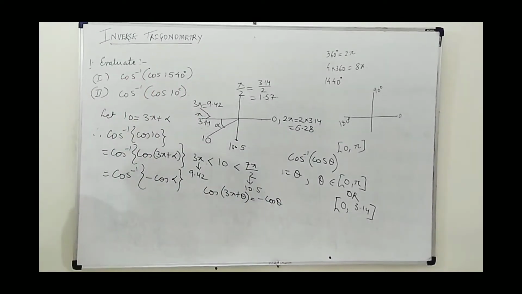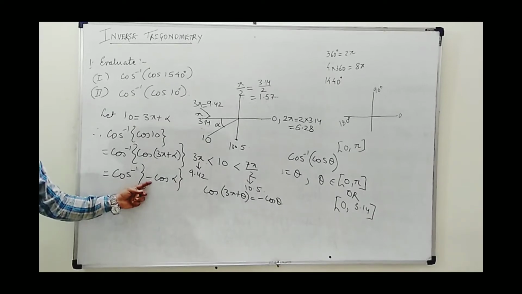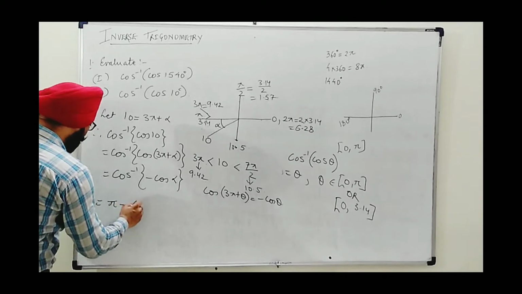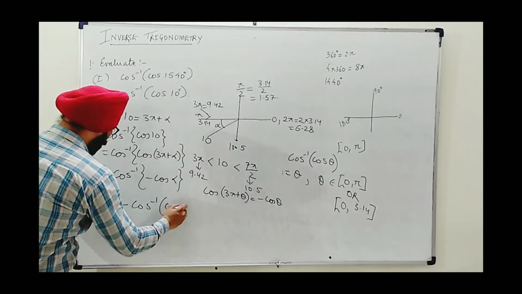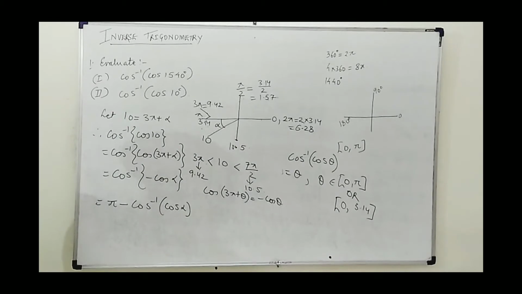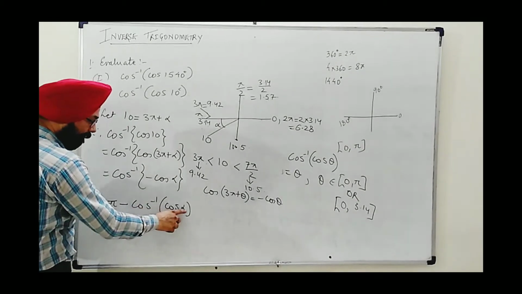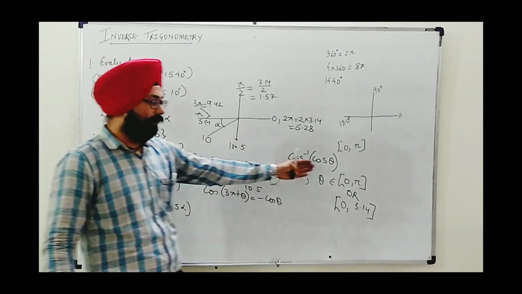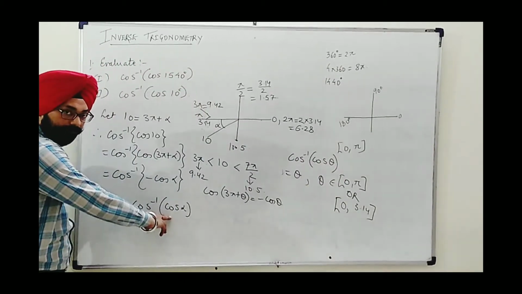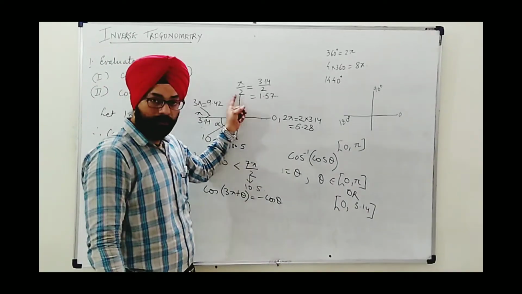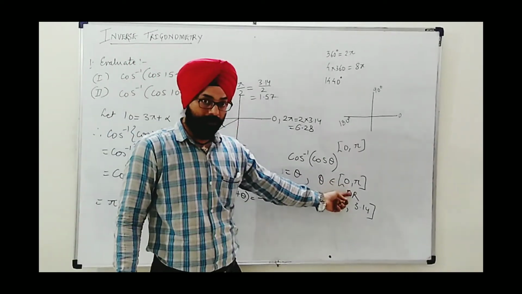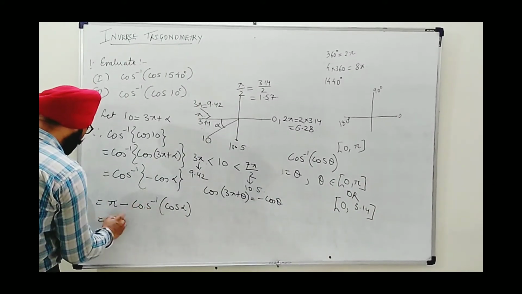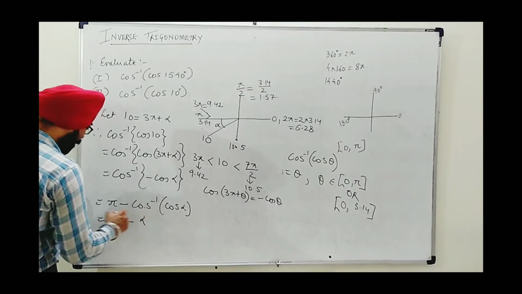Okay, now as soon as we get a minus sign with cos inverse, we open it like pi minus cos inverse cos alpha. Now we know very well this alpha is an acute angle, so for sure this lies in the interval 0 to pi. Acute angle will be between 0 to 90, so for sure this belongs to the principal domain 0 to pi, 0 to 180 degree. So cos inverse and cos can be cancelled out. We are left with pi minus alpha.